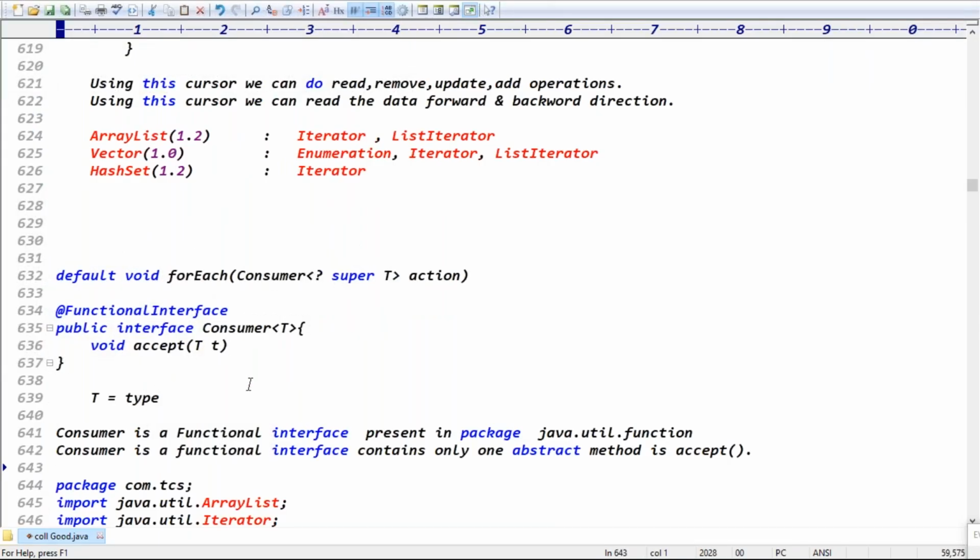Exactly. forEach expects a Consumer, which contains the accept method, so here directly you can write the implementation of this accept method. The forEach method belongs to which version, guys? Java 1.8 version, right?